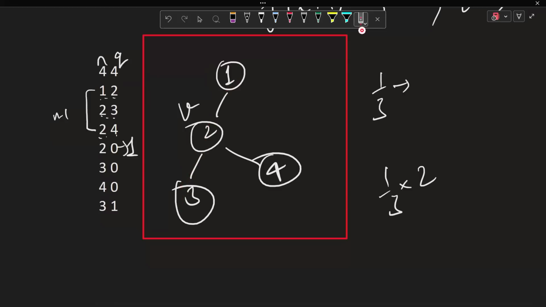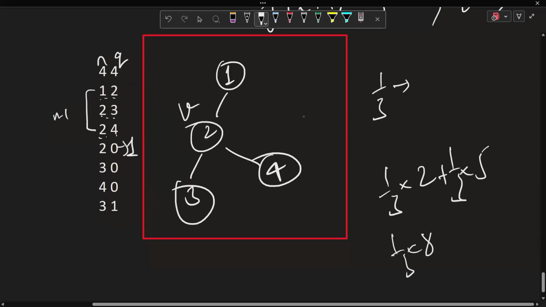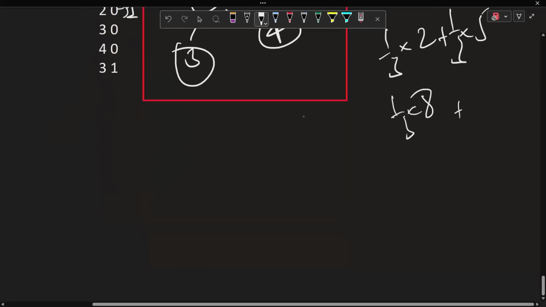Okay. After that, from here, if you go there, then next step would be here for sure, because it's a step 1. So after 4 steps, you are back to here. Then 1 by 3 probability to move here. Okay. So 1 by 3 probability to be 5. Okay. Then again, the rest, 2 by 3 probability, that it goes down. Next step, it would come back here. And with 1 by 3 probability, it would go here. So again, after 8 steps, 1 by 3 probability of 8. Likewise, it would go. So it would be 1 by 3 probability of 2 plus 5 plus 8 plus